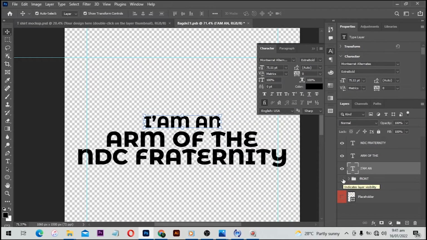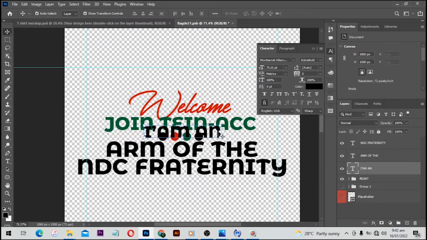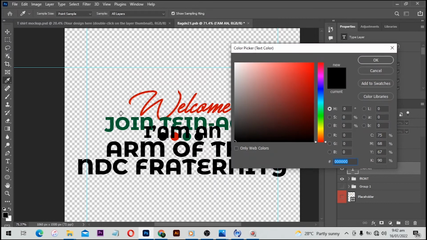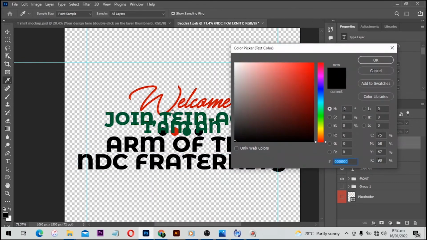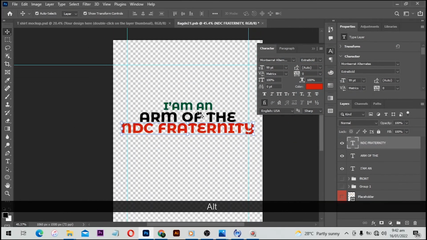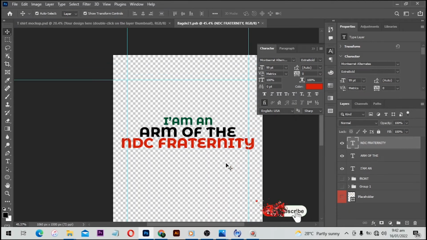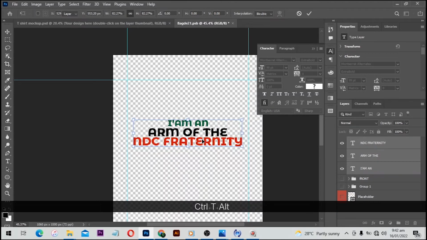And then I'll open up the font design we had. So I'm going to make a color sample from here. From here I'll select my text, and then I'm going to make the green color copy. Next, I'll select my next text. I'll keep black for the army, and for the last one, open up your color shade and sample this red color as well. Next, we can hide this group layer, and then we have our font design also. Alright, select all of them, Ctrl T, and then scale it down a little bit.